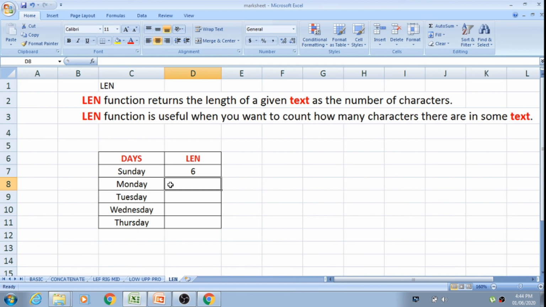How many characters are there in Sunday? Six characters, as you can see. Now the same thing, I'll drag it and apply it to the rest of the days. According to the days, you can see the numbers are displayed here. Very simple function, right?